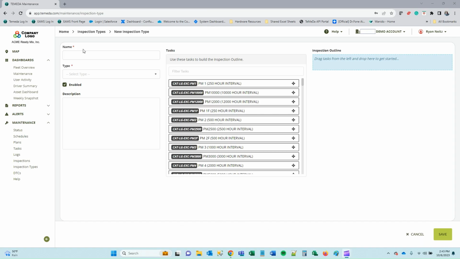Okay, let's create a safety inspection checklist. So we'll call this our pre-trip safety inspection here. Okay, we have several types that you can assign to it. So this can be a daily, weekly, monthly, or quarterly, or in this case, we're going to do a pre-trip